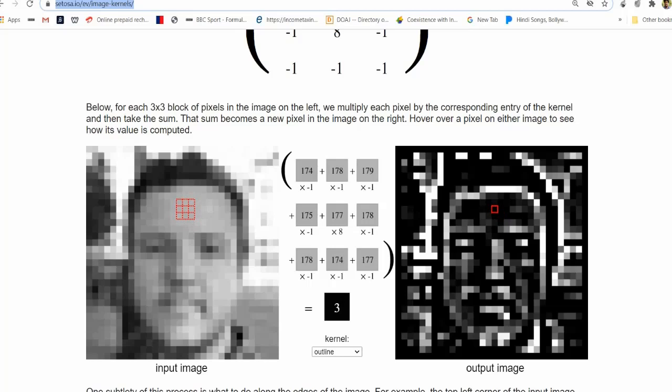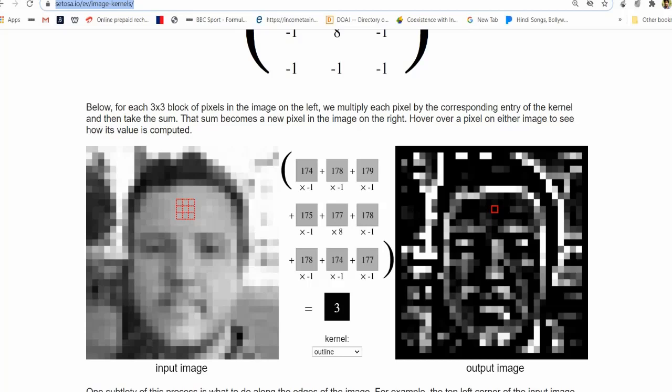The value varies from 174, 178 till 177, so all are in a smaller range. If you multiply the kernel values -1, -1, -1, -1, and the center pixel by 8 and all other pixels by -1, and you take the sum of products, you will get the answer as 3 as shown in the figure in the middle. The result of using this Laplacian filter kernel will be the image on the right hand side. Look at that red square on the right hand side. That will be the output pixel location on keeping the kernel on the left hand side image like that.